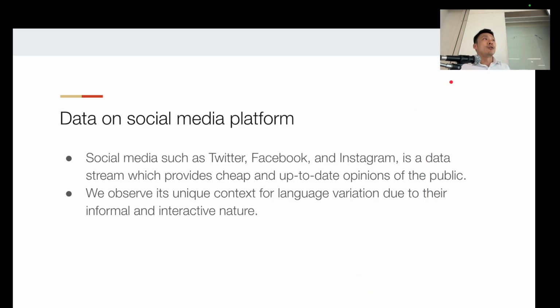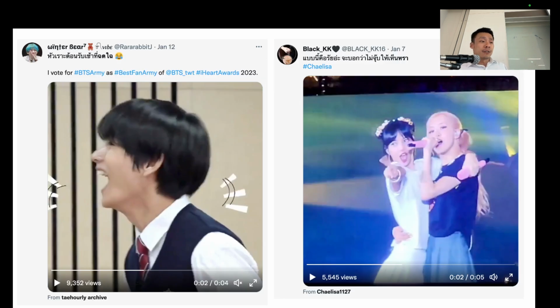Speaking of media that people use, nowadays you see a lot of non-standard language because people are allowed to express themselves anywhere on online platforms: Twitter, Facebook, Instagram, TikTok, blog posts, basically anything, right? It's a nice data stream that we always get, because it's cheap and it's up to date. It streams in every second. And it's also a unique context for language variation. Because on Twitter, we get something like this